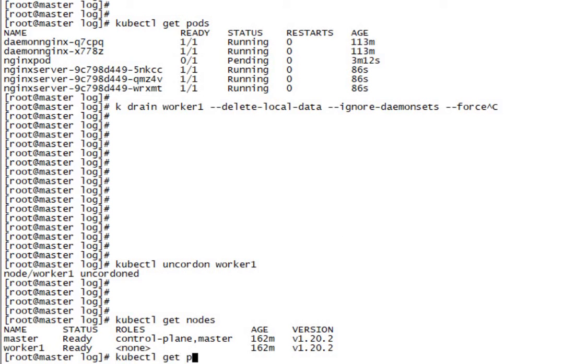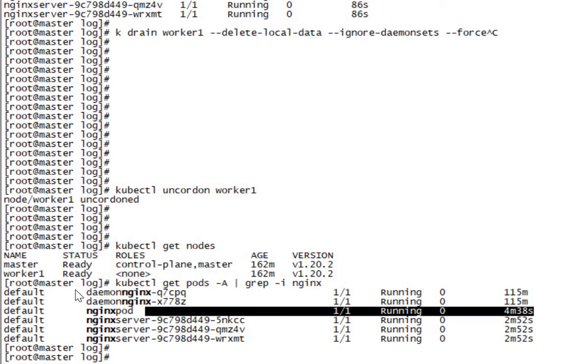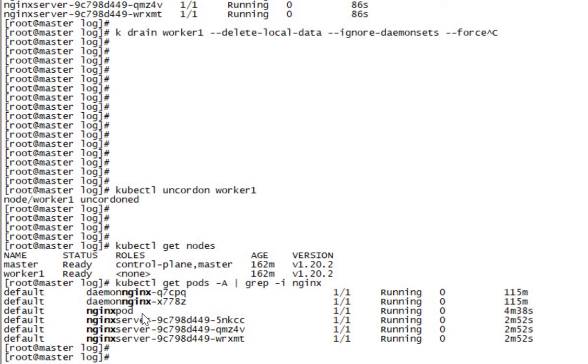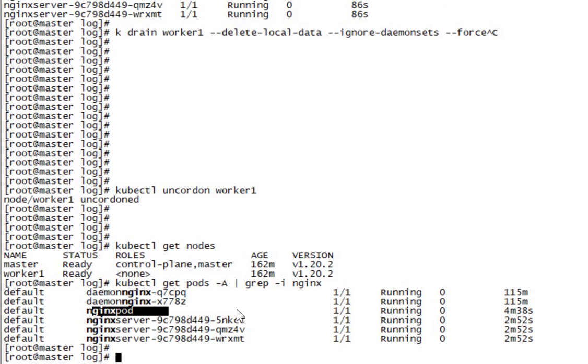kubectl get pods -A. Okay, see, this nginx pod was pending. It is having the label related to the worker one, and worker one was cordoned, so this pod could not be scheduled. But as soon as we uncordoned the worker one, nginx pod scheduled on the worker one.